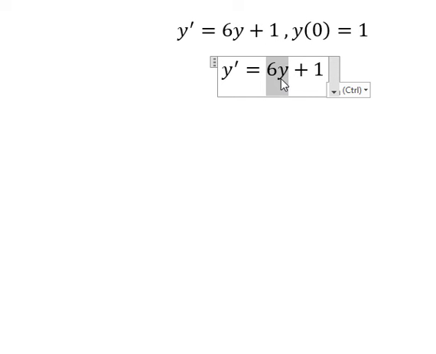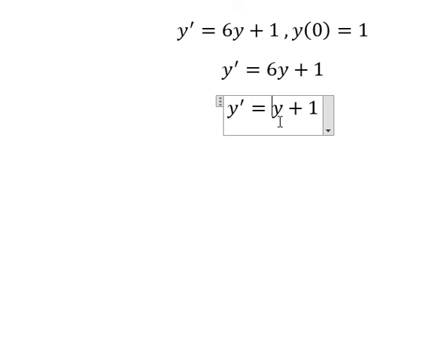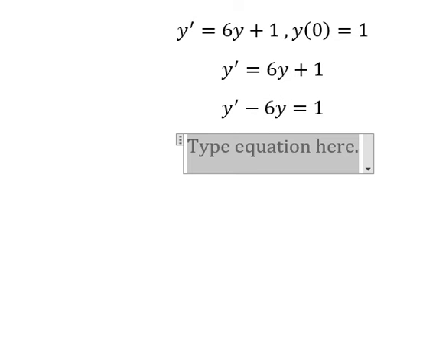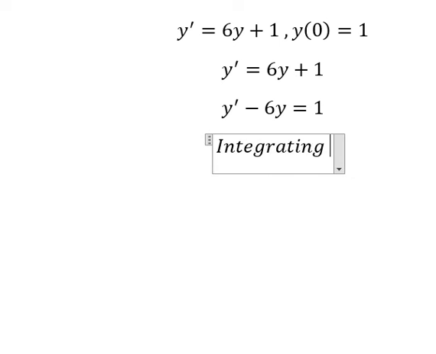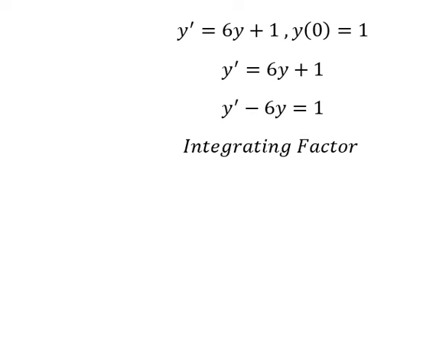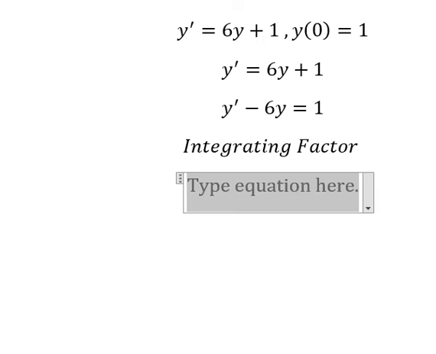I will put this one to the left. So we have negative 6y. So we have y and the first derivative of y. So we can use an integrating factor. So we need to find mu of s